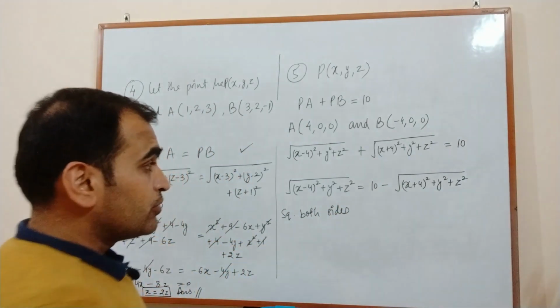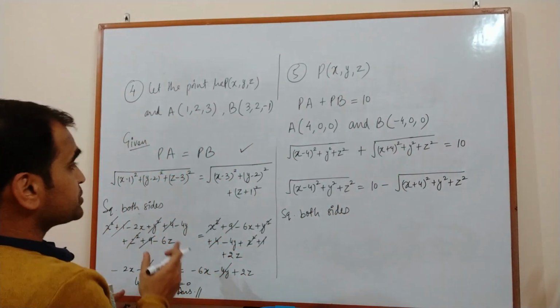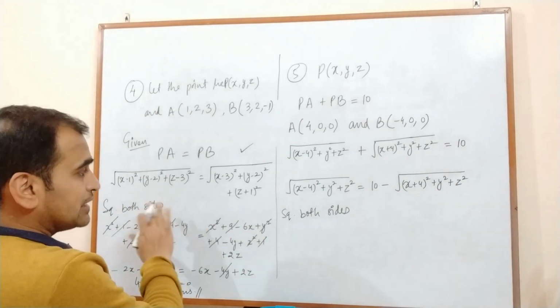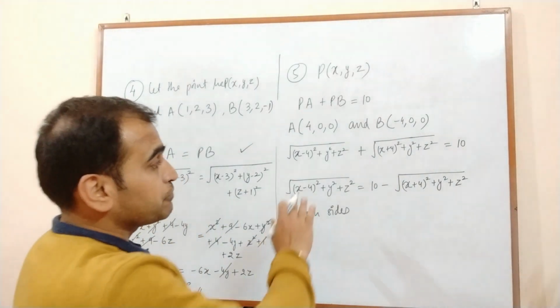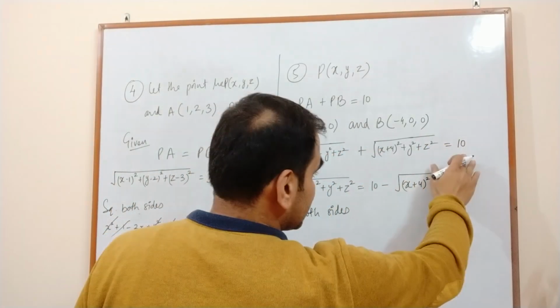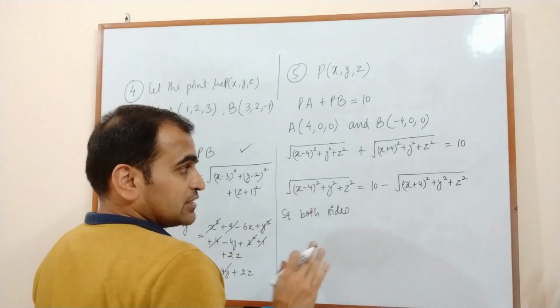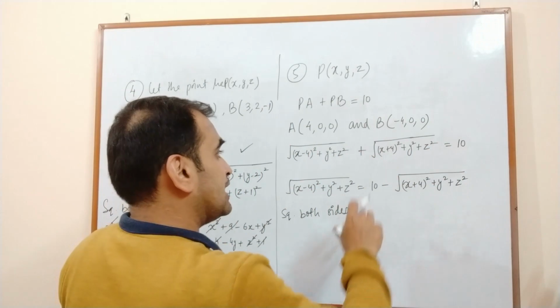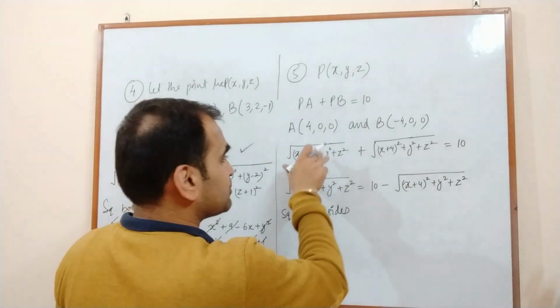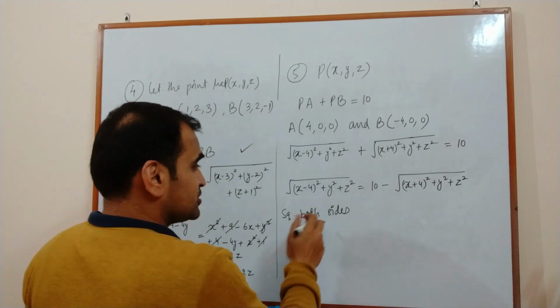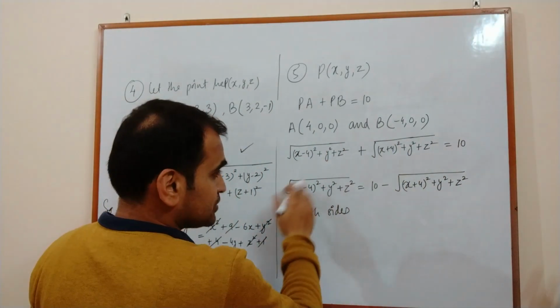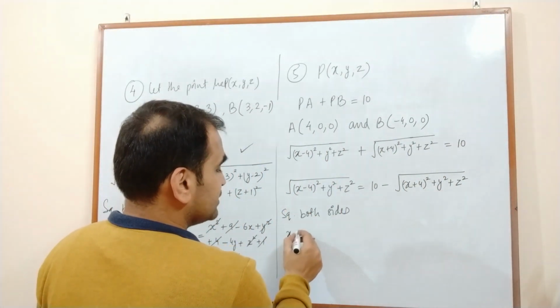Okay, तो आपको in the previous question आपको given था PA is equals to PB, यहाँ पर square करने से यहाँ पर under root remove हो गया था, but in this case we have P of A plus P of B is equals to 10. So to solve these types of equations आपको क्या करना चाहिए, एक root, you can take the first one as well, आप किसी भी एक under root को उठा के right hand side में लेके जाएंगे, then squaring both sides. So now squaring से क्या benefit होगा, this root will be removed from the left hand side.